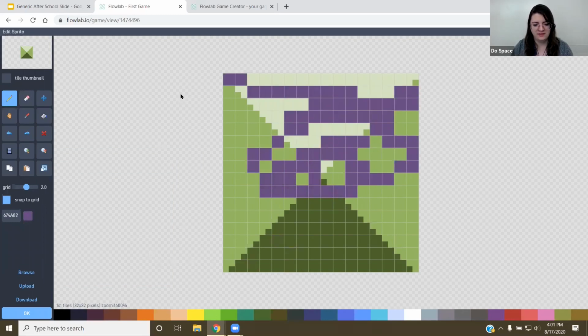And you notice I can't draw off the sides here, only in this area. It's because its max size is 1, 2, 3, 4, 5, 6, 7, 8, 9, 10, 11, 12, 13, 14, 15. What? 15. I'm counting the exact pixels here, so it's probably 16 by 16. It is 15. Wow, that's weird. So it's 15 by 15 pixels.